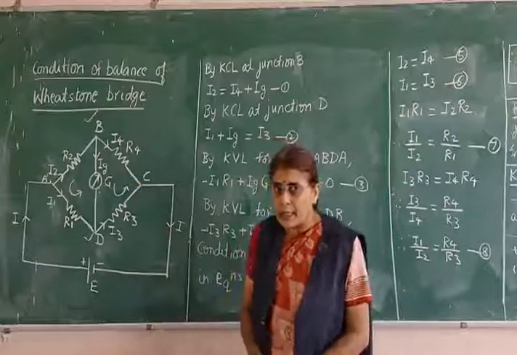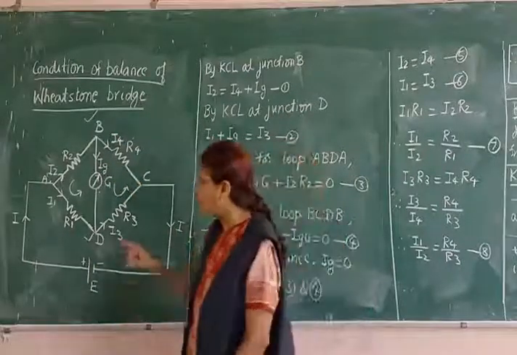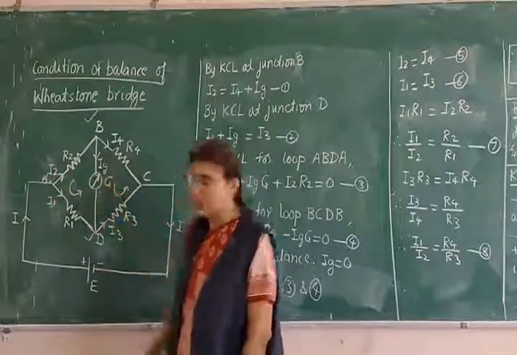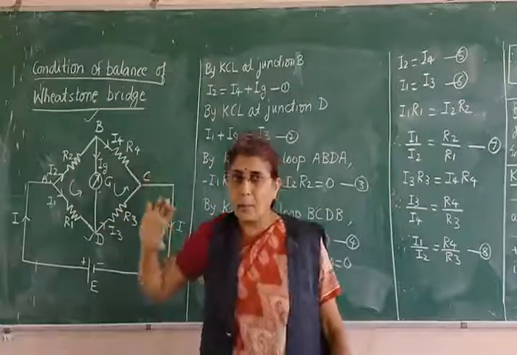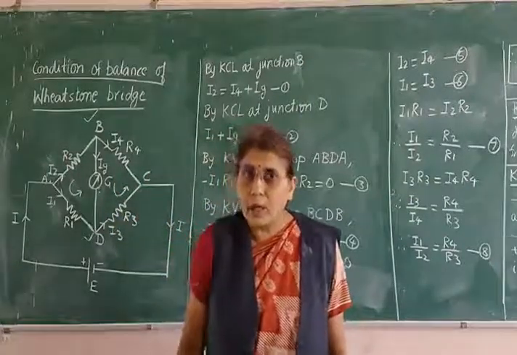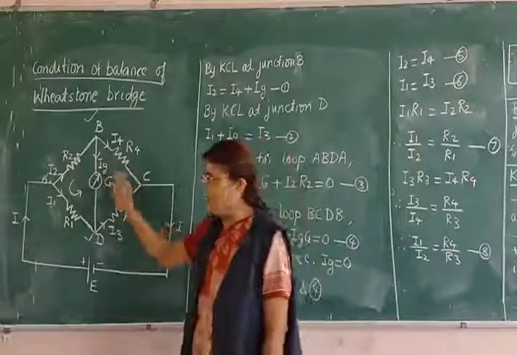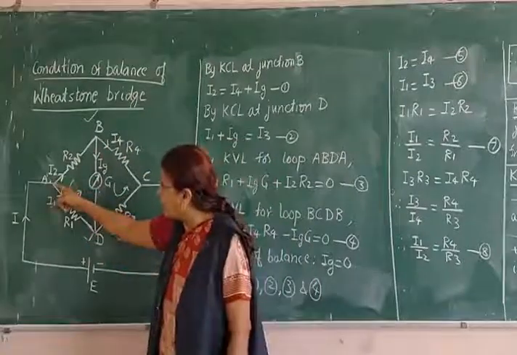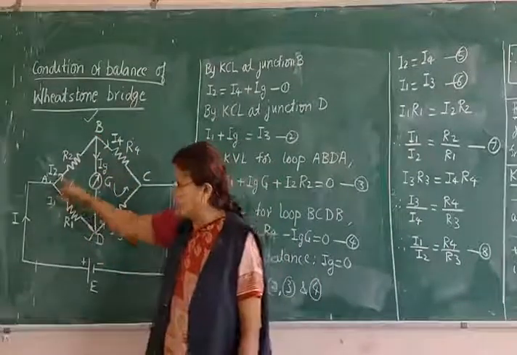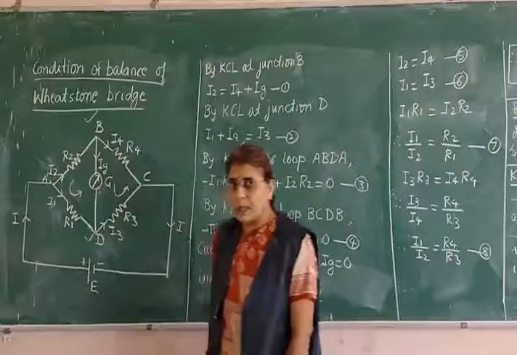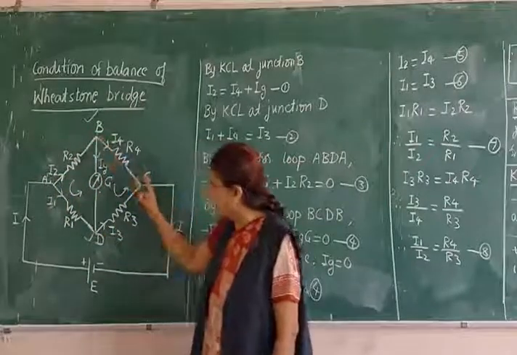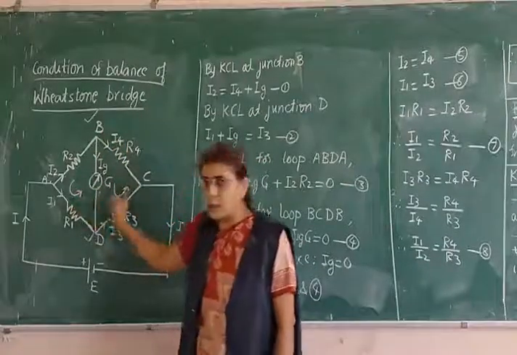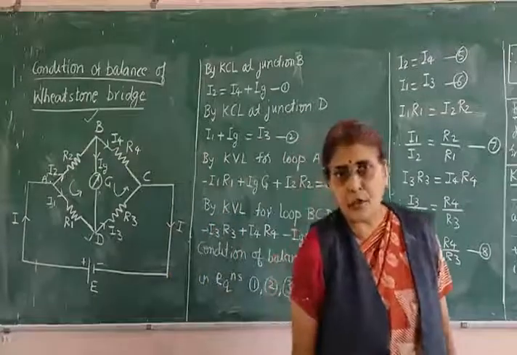We shall apply the voltage law to 2 loops. What are the 2 loops here? This is a big network, and I will take only a small portion of it, a small portion of a complex network. I have told you it is called a loop, a closed path for current. Now you can see how many loops there are in this diagram. Let us not take the whole thing like this, ABCD. We shall take one loop here: A, B, D, A. So this is one loop. Another loop is also possible here, that is B, C, D, B. This is another loop. So I am getting 2 loops. For the 2 loops, again I will be applying Kirchhoff's voltage law.